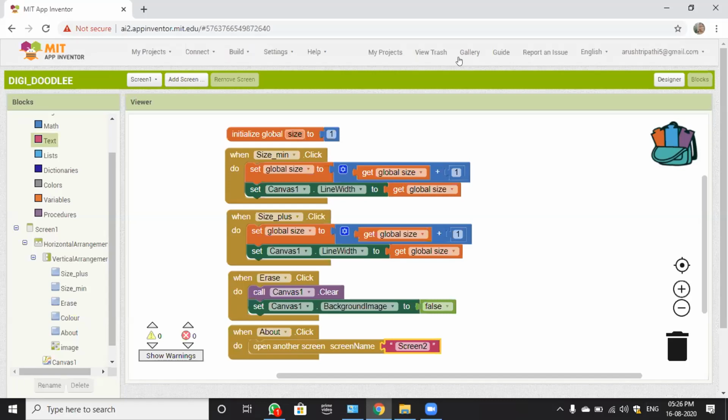Sir, the screen is not visible to me. When I am minimizing it, then only it is visible. When I'm entering the full screen, then I am not able to see the screen. But Rajvi, it's visible. I think there's some network issue from your side. Arish, can you please stop share screen and share again? Now it is visible. Okay, sir.